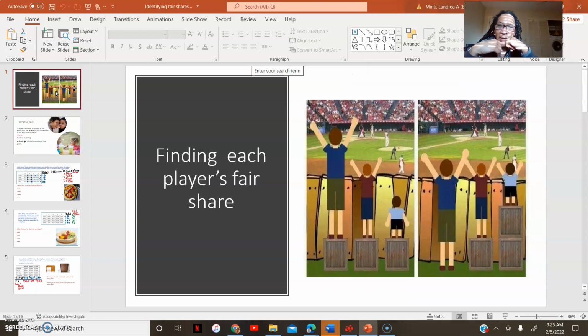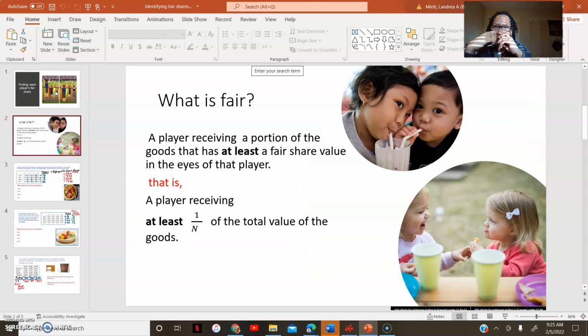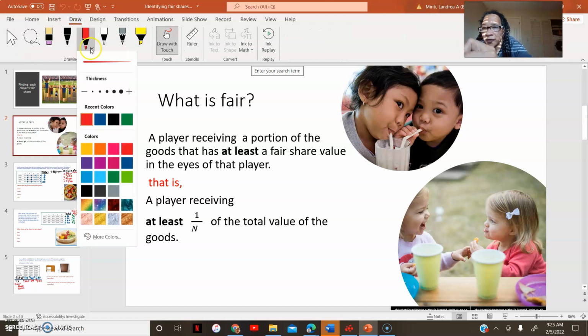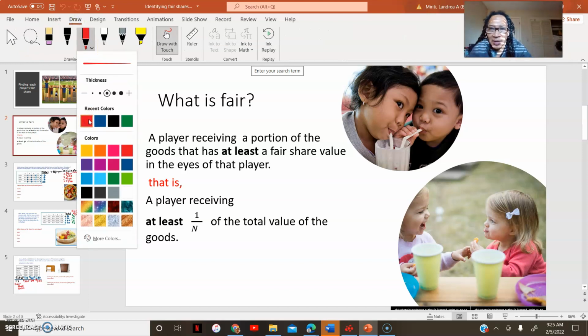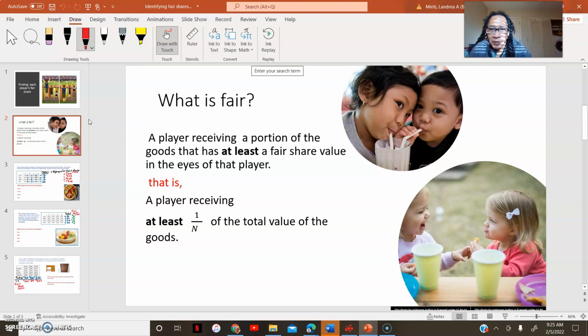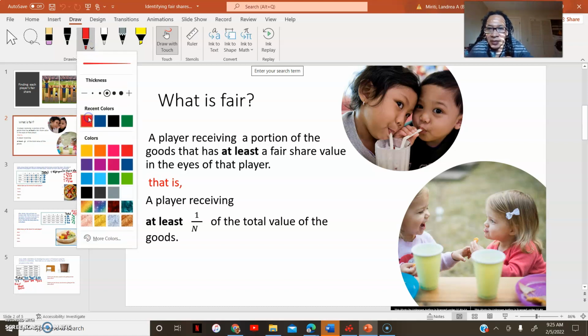Now let's talk about how we identify or find what's a fair share for a player. What's a fair share? Now, what do we mean by what's a fair share? We're actually looking at what's fair from a mathematical point of view. So mathematically, what is fair for a player to receive is some portion that is